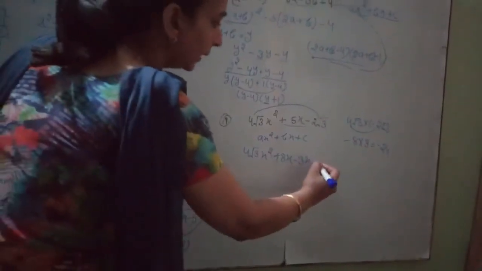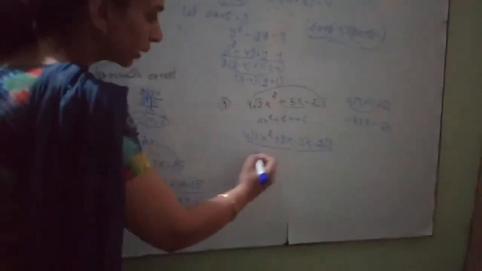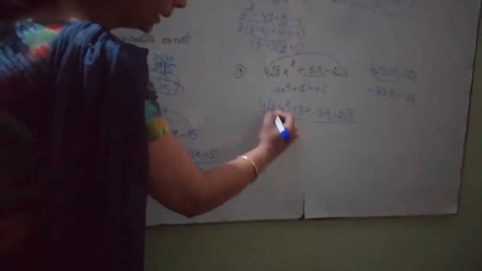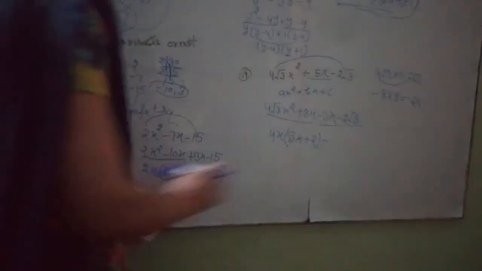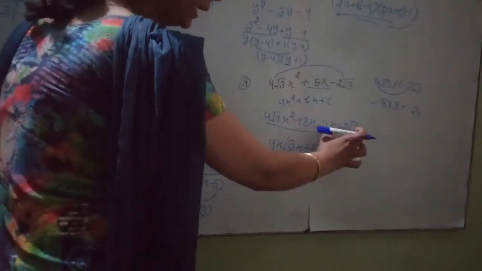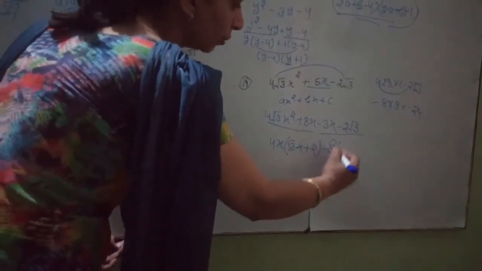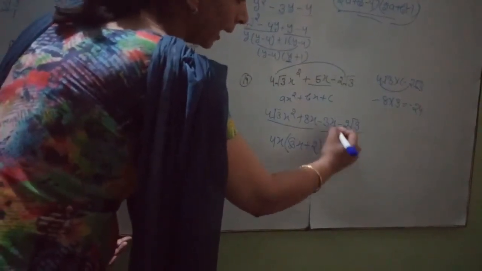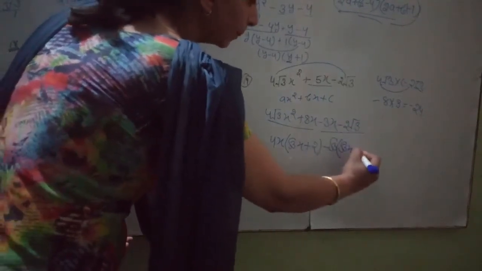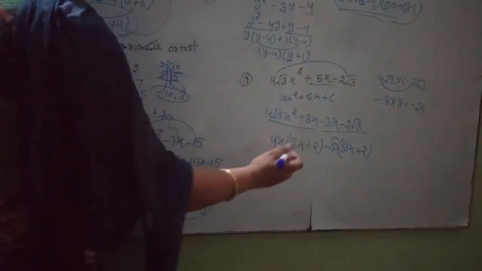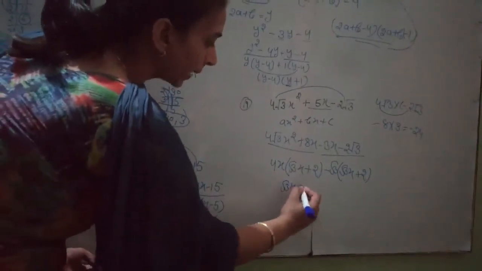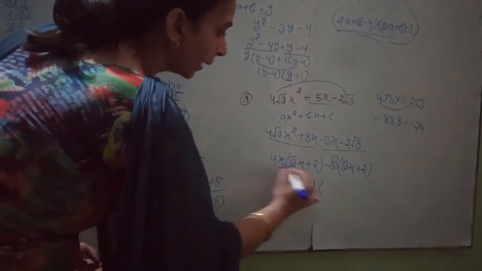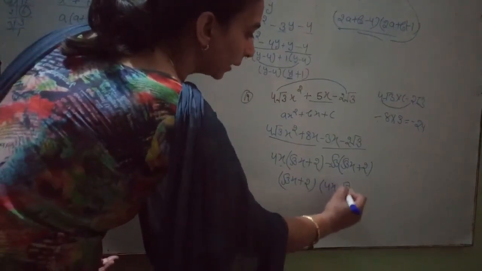Okay. Then minus 2 root 3 as it is. Taking the first two and last two terms, in the first two terms 4x is common, then root 3 x plus 2. Again, student, in 3 and root 3, we take root 3 common. Root 3 is common, so only root 3 x remains. Then minus is common, and there is plus and 2. Again the common factor is root 3 x plus 2. So we take (root 3 x plus 2)(4x minus root 3).